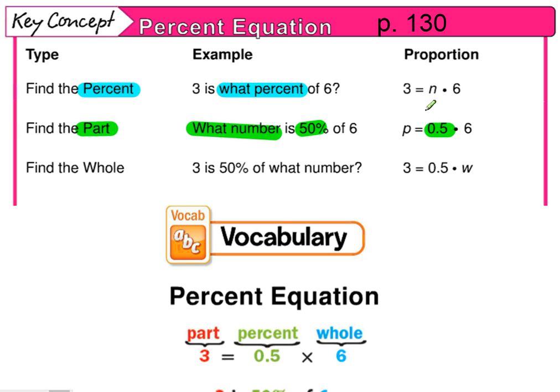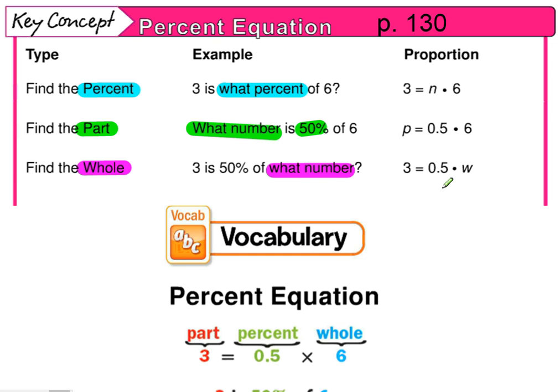Of 6 means we multiply it by 6. The last type of problem asks us to find the whole. So this type of example will sound something like 3 is 50% of what number? So what number represents the whole? In this case, our equation will be 3 is equal to 0.5 for 50% of W, which represents the